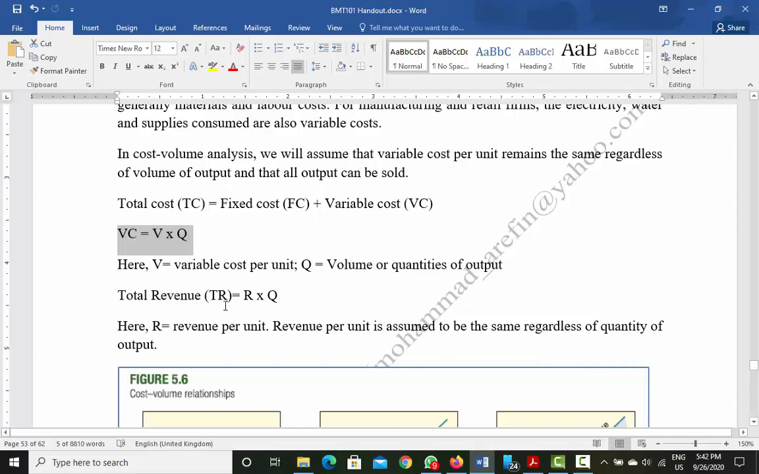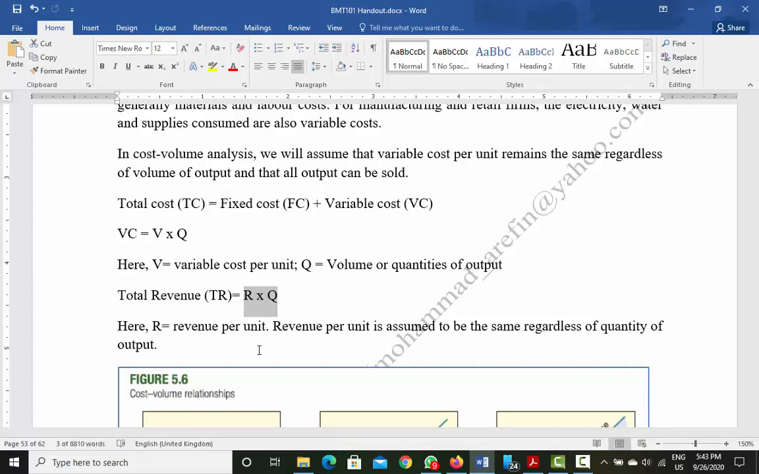Total revenue means the total income that we can get from selling a product. Total revenue means revenue per unit multiplied by quantity. For example, if you have a grocery shop,